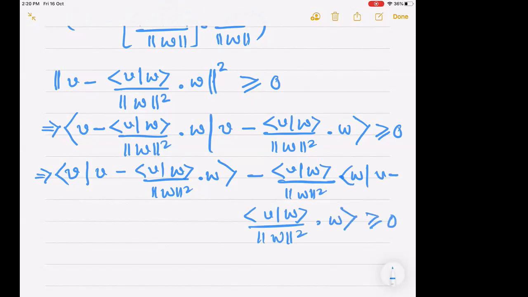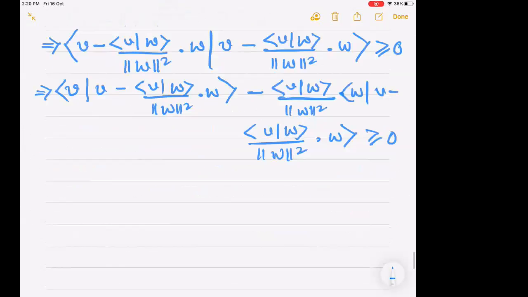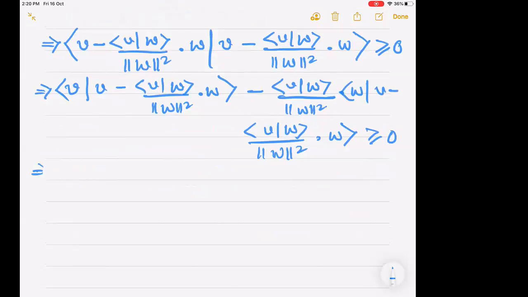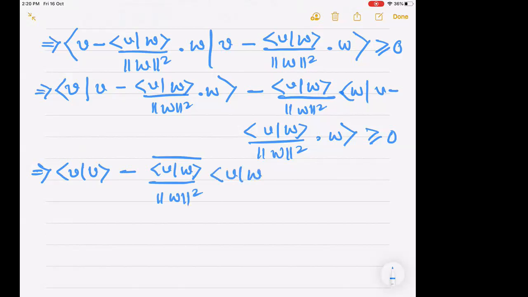I think I haven't made a mistake. Okay, fine. Now I'm going to use linearity on the second variable. So that will give me V minus the complex conjugate will come out because it's a scalar in the second variable. So <V,W> complex conjugate over W squared, this is a positive real number so it remains the same,